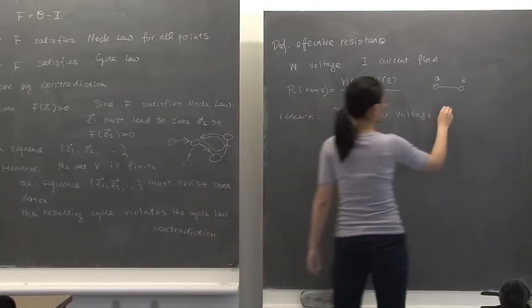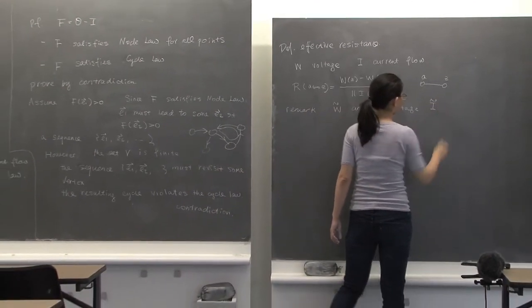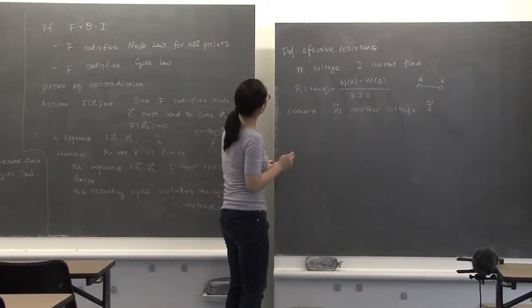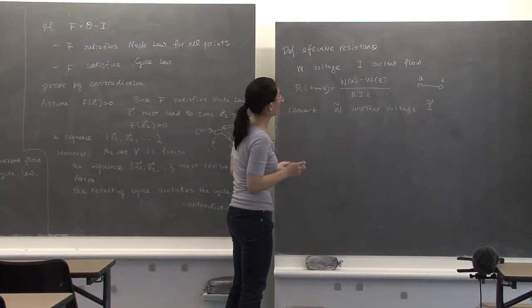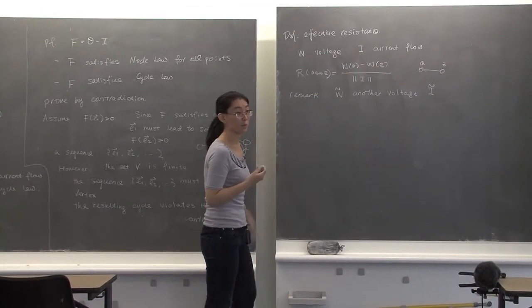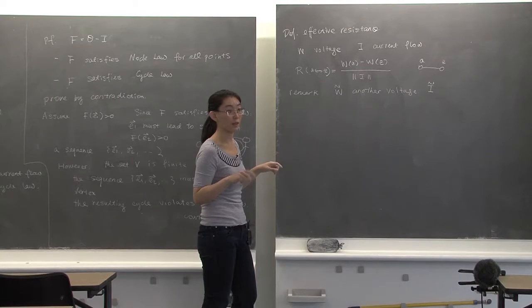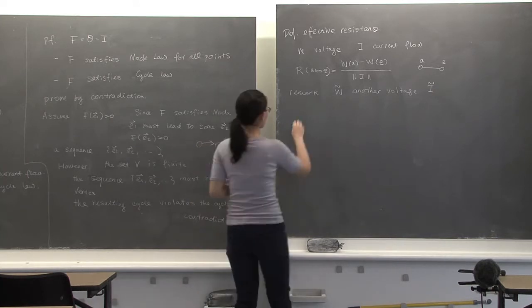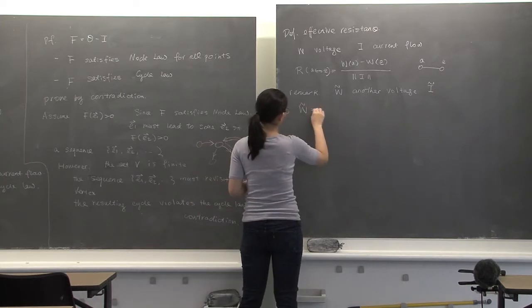And I tilde is the corresponding current flow. Since we know that this W and W tilde are harmonic functions, and their values are uniquely determined by the two endpoints, W tilde A and W tilde Z, there are only 2 degrees of freedom in the definition of these harmonic functions. So we know that W tilde has to be